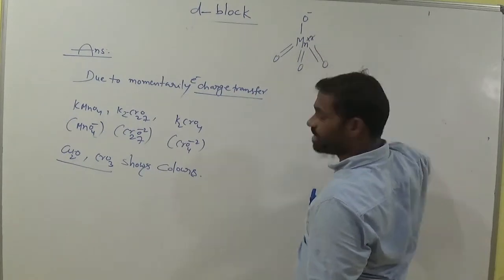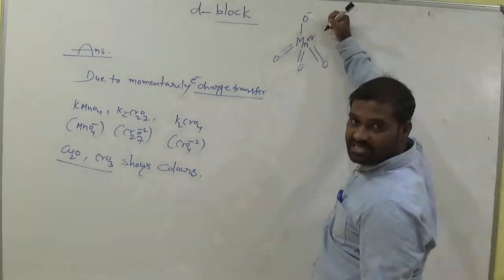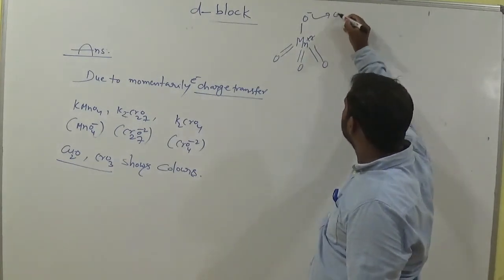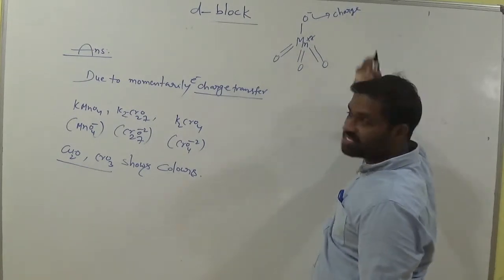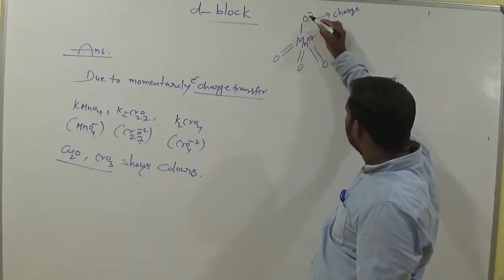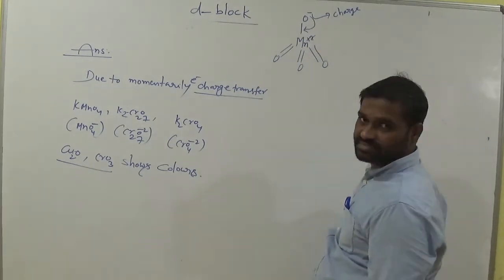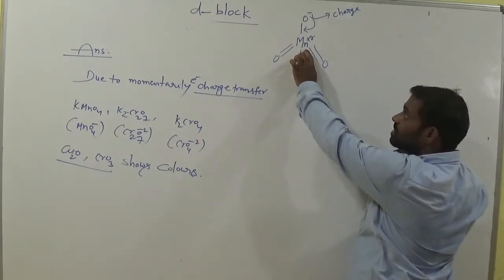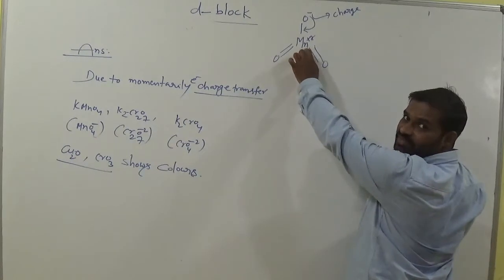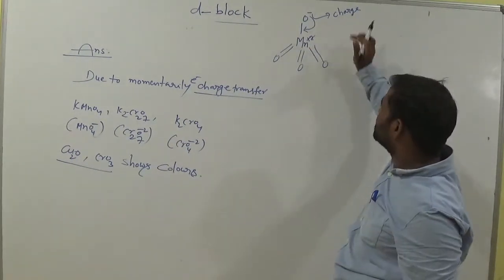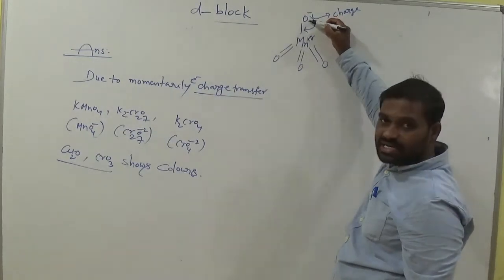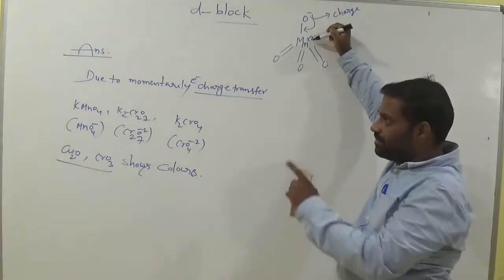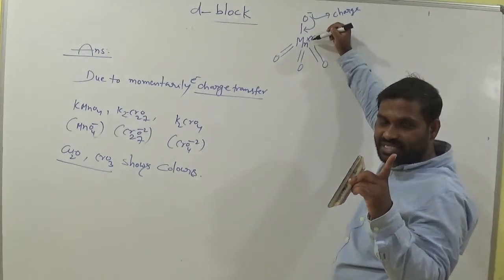Okay. So here minus means electrons. This minus means charge, electron. So these electrons move towards here. That means one electron comes to or moves towards this transition metal manganese, Mn plus 7. Okay, that is called charge transfer. One electron from oxygen moves towards Mn plus 7. Okay, in Mn plus 7 there is no d electron, am I right? Empty d orbital is there.